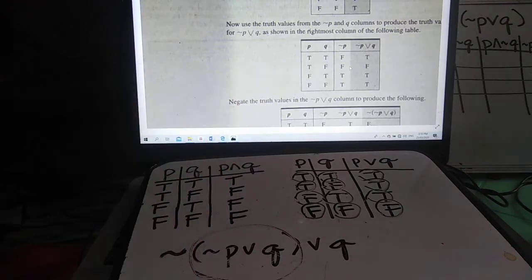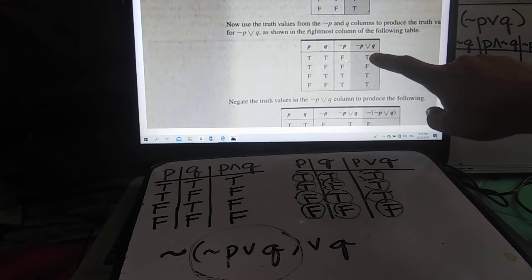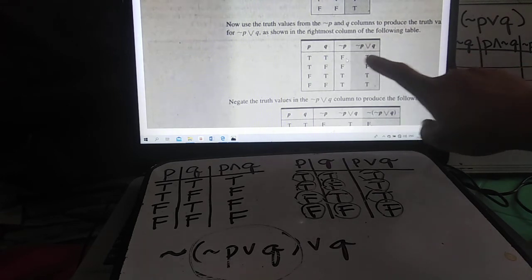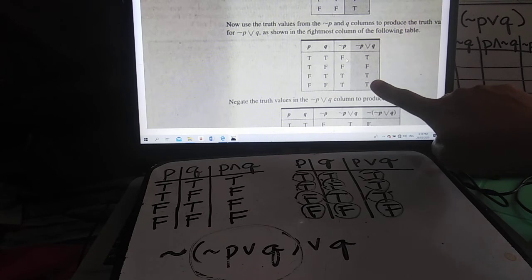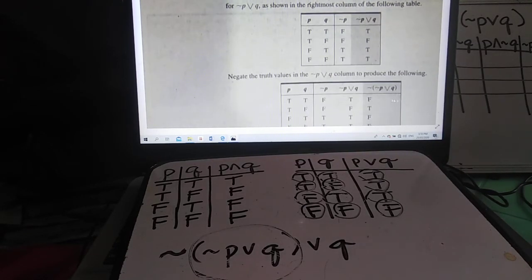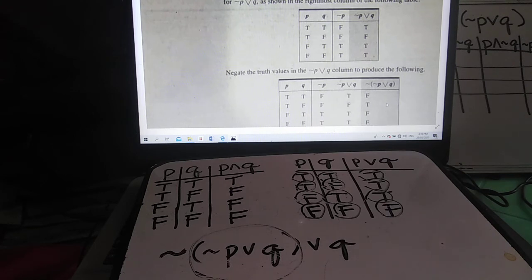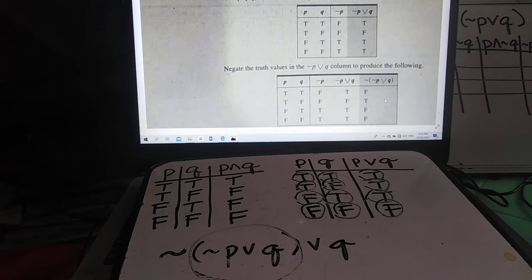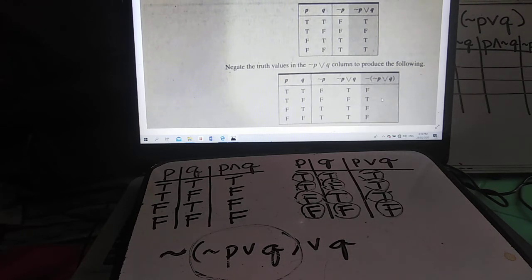So if we have not P false and Q true, the value is true. False, false, the value is false. True, true, it is true. Then true, false, it is true. Okay? Now, on the fourth column,